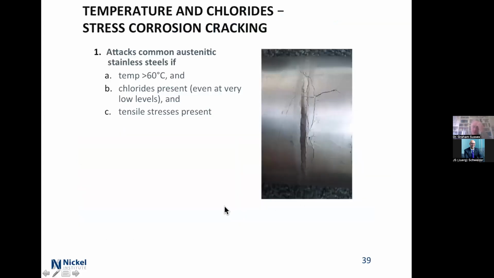Okay, the other thing is, if you're looking at hot water, as in more than about 60 degrees at neutral, then the austenitics, this is 304, 316, tend to stress crack if there's reasonable amounts of chloride. There was a rule around 60-60, so 60 degrees C, 60 parts per million chloride, but it's not a good rule. Basically, if you've got significantly above ambient temperature hot water with lots of chloride in it, then you need to be careful about stress corrosion cracking.